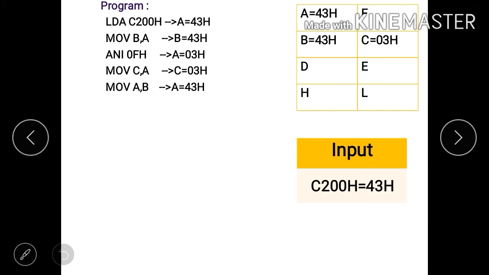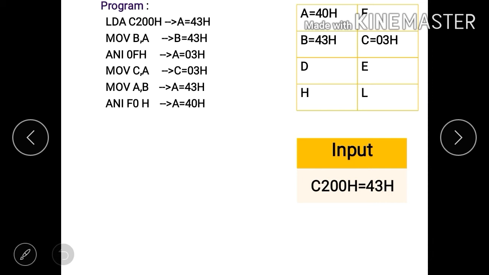The next instruction is MOV A, B. The content of register B will move to the accumulator. Now the content of register B is 43H, so the content of accumulator will become 43H. After getting the original input into the accumulator, we will execute instruction ANI F0H.